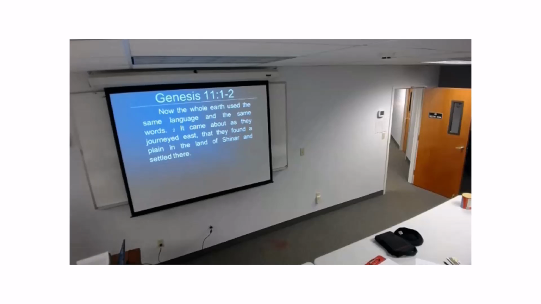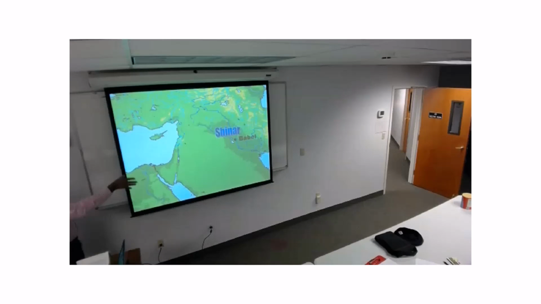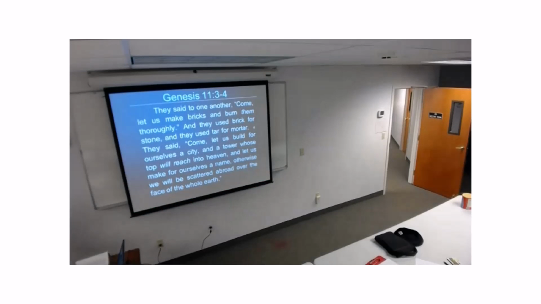All right, so now we come to the end of the first section, Genesis 11. Up until this point, everybody has the same language. They settled in the plain of Shinar. Shinar, again, is within the Mesopotamian region, the Fertile Crescent, between the rivers. And in verses 3 and 4, again, a classic decision of man to make himself a name, make himself big, and to do things on his own standard rather than what God would have them do.